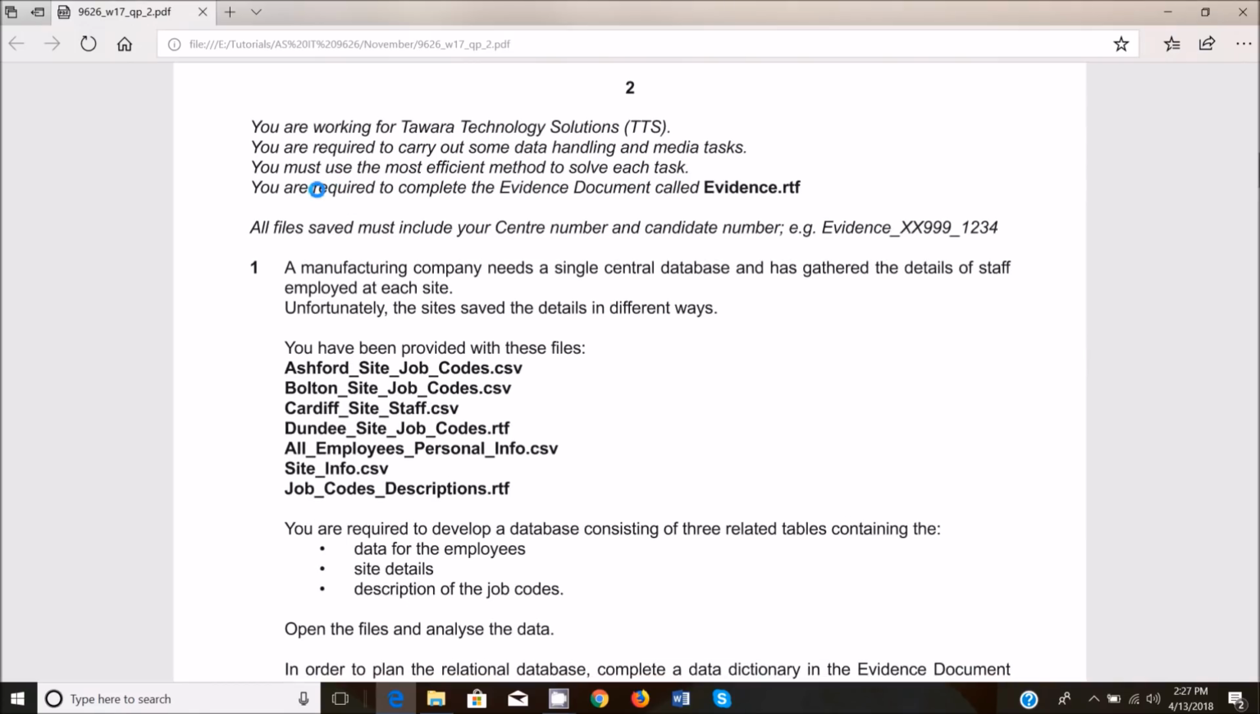You're working for Tawara Technology Solutions. You are required to carry out some data handling and media tasks. You must use the most efficient method to solve each task. You're required to complete the evidence document called evidence.rtf. All files saved must include your center number and candidate number, e.g. evidence underscore